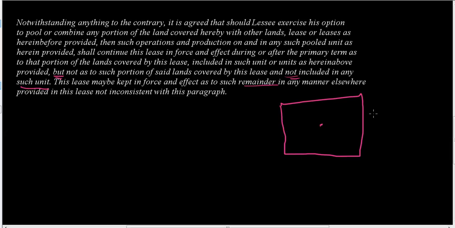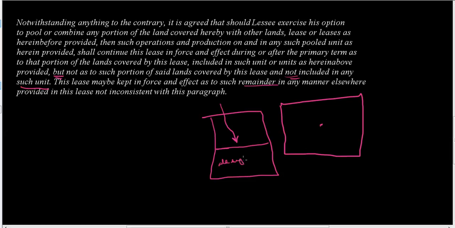Now they also have what's called a depth Pugh Clause, where it says if you drill a well so many feet down, whatever that stratigraphic equivalent is, you have to release all the depth below that. So some people call this horizontal and vertical.